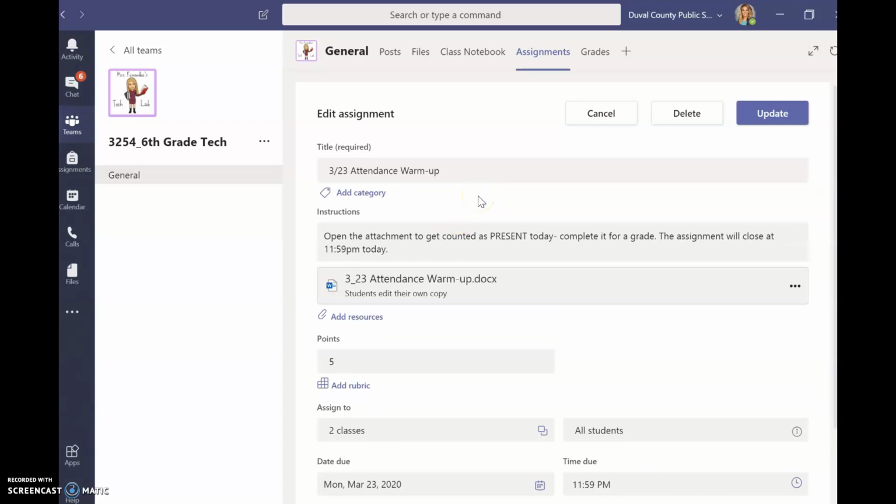So that's part 1. Now part 2 is actually doing the warm-up, because the warm-up gives you points, and you want those points. So all you have to do to complete the warm-up is just like every assignment that we always do in this class on Teams, is click on it. And once you click on it, it's going to have a question on there. And every day I'm going to have the same routine.